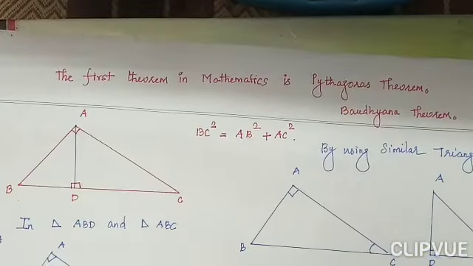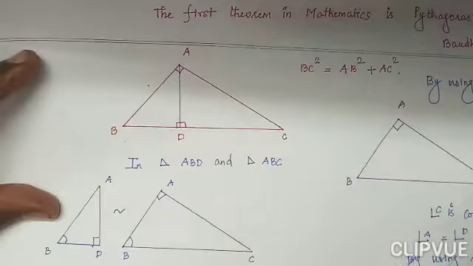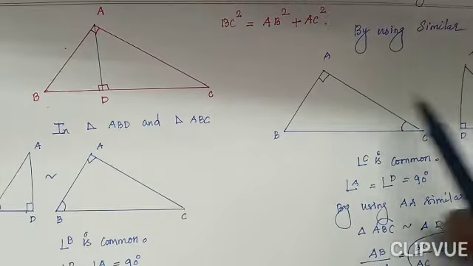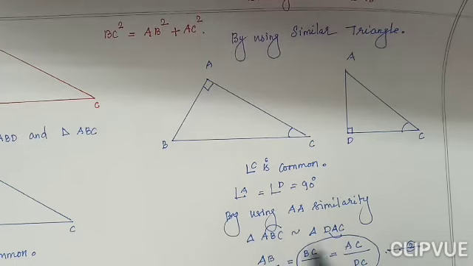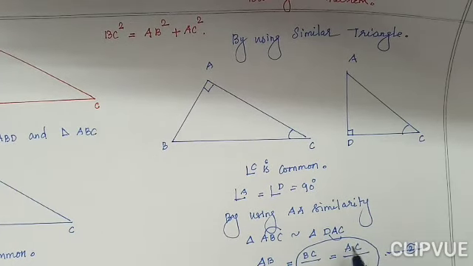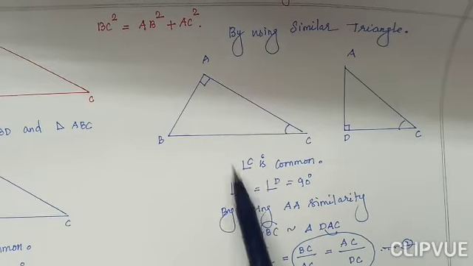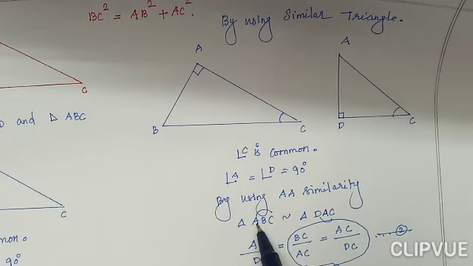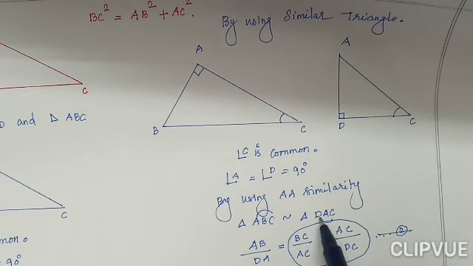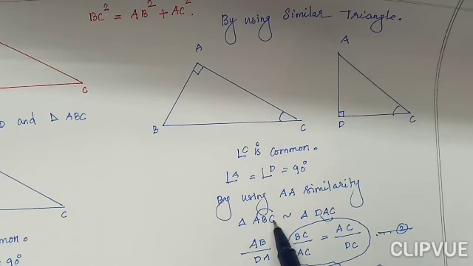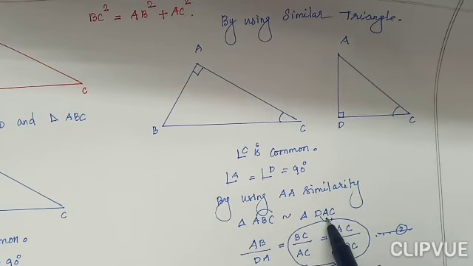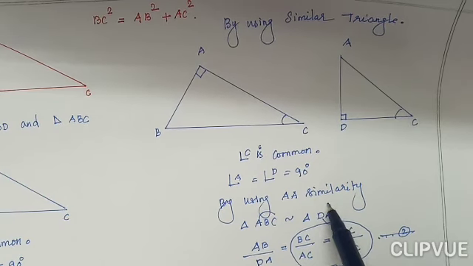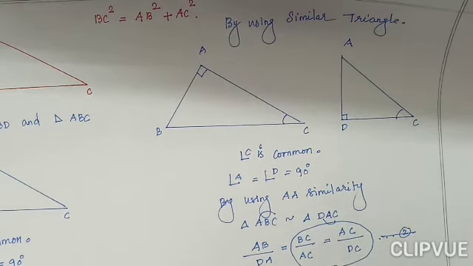It is very easy. So better you take the first one. If you take this ABC, according to this you can write the second triangle. If you take ABC, we should write the angles in equal manner. So ABC means here angle A equal to 90 degree. In this triangle angle D is 90 degree. So in the place of A we replace D. And C is the common angle. Here I have written it at last, so here also. The remaining one must be equal because by angle similarity criteria, if two angles are equal then the third one must be equal.